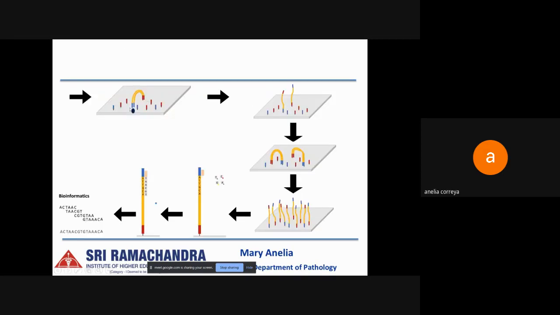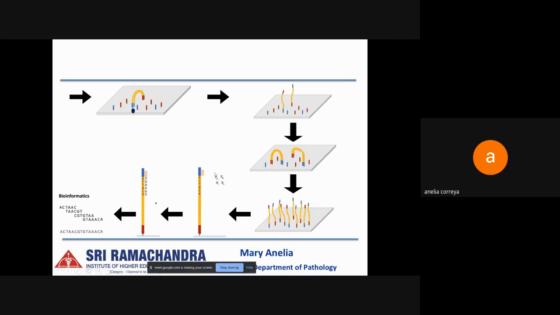With the help of a primer and DNA polymerase, the complementary strand is then synthesized, and this process keeps repeating until we have a number of copies of the DNA of interest. So then we take that particular segment, we add a primer and fluorescent labeled nucleobases, as we saw adenine, thymine, guanine, and cytosine, which are fluorescent labeled with different colors. So then based on the sequence of the primary genome, the appropriate nucleobases will be added.